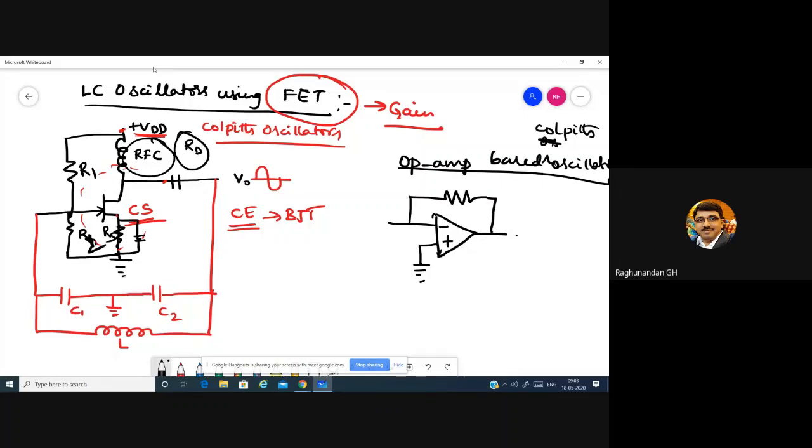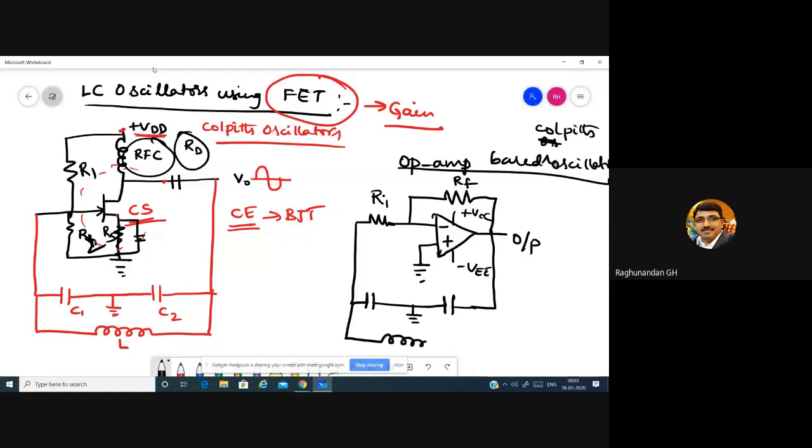So why are we using an inverting op amp? Can anyone tell me? What is the reason behind using an inverting op amp? We would have used a non-inverting op amp. To produce 180-degree phase shift. Yes, because already we have a feedback network which is going to produce 180-degree phase shift, and you know that creating the feedback is not only to get 180-degree phase difference, but also to tune to a particular